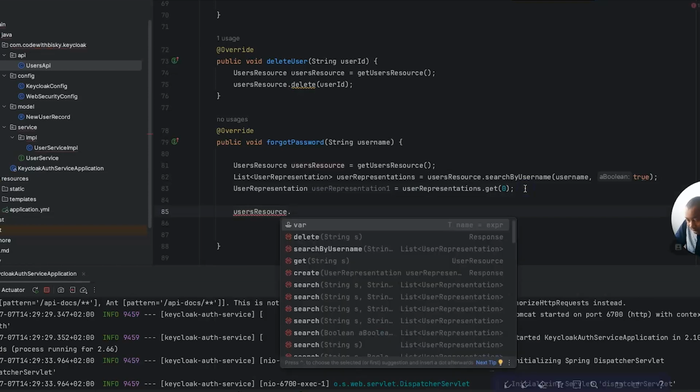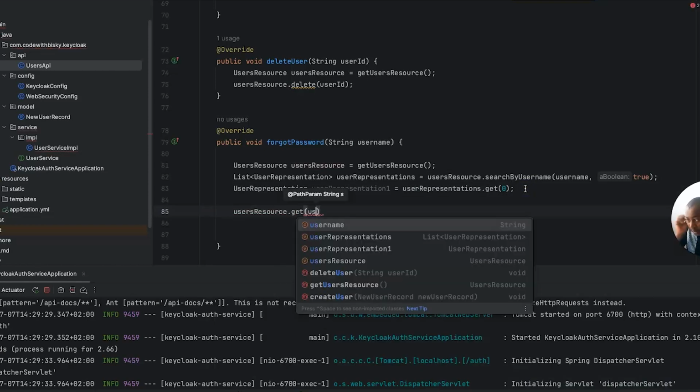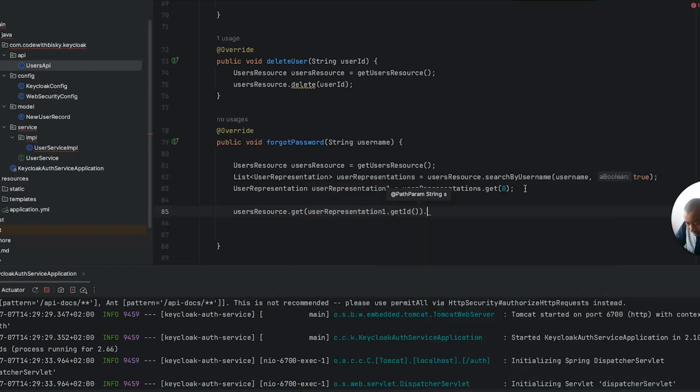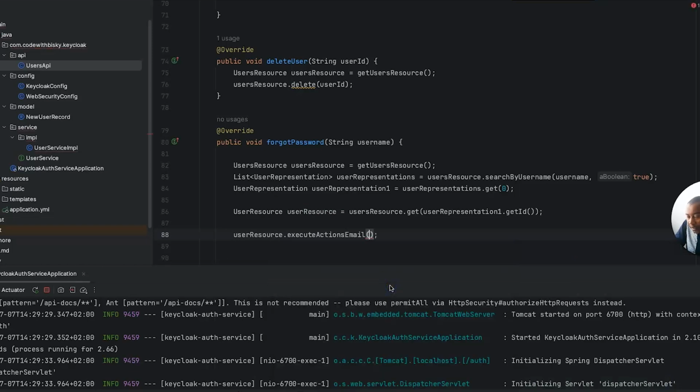Now dot get user ID, user representation 1 dot get ID. Then we can get this resource user. From this resource user, we need to execute action of emails, right? So what we need to do, we have